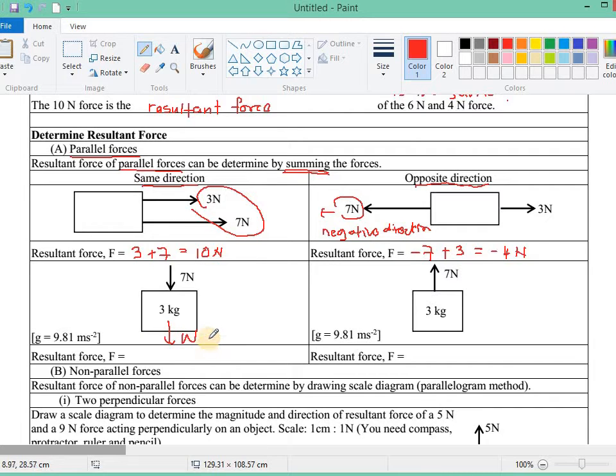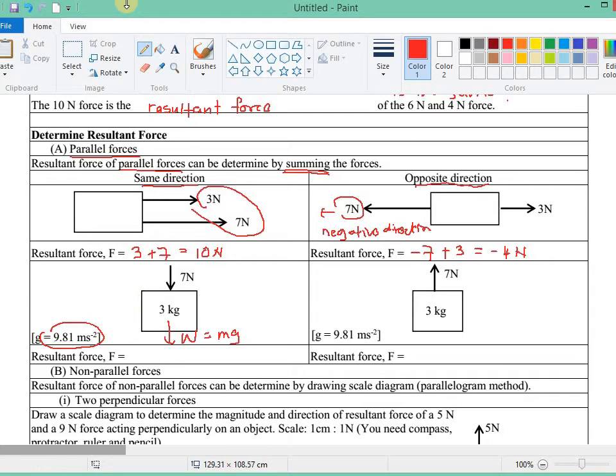So we need to calculate the weight. So what is the weight? The weight is mass times the gravitational acceleration. So that is why this question gives us the gravitational acceleration. Alright, so in order to calculate the resultant force, we take